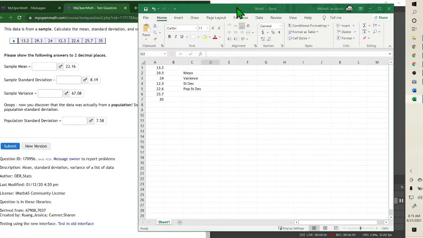So for this problem, one way of solving it is using an Excel file. And so what I did was when I opened Excel, I typed in the X values. So I typed 13.2, 29.3, 24, 12.3, 22.6, 25.7, and 35 right here. Now to find the mean,